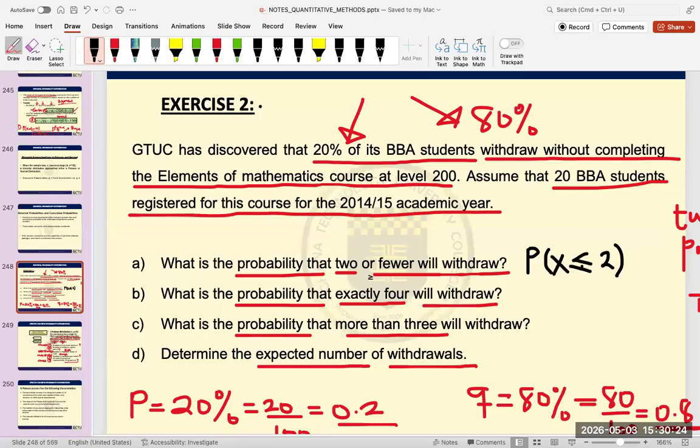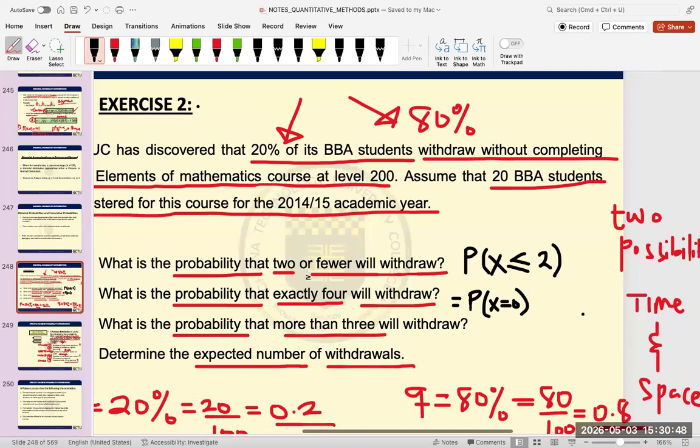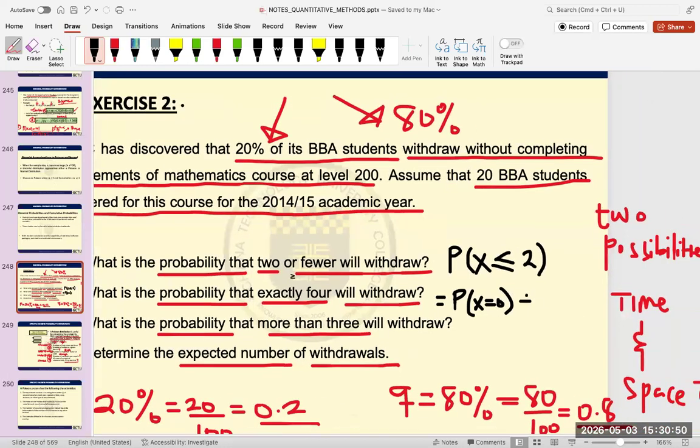Probability of X less or equal to 2. So it means that we need to calculate probability of X equals 0